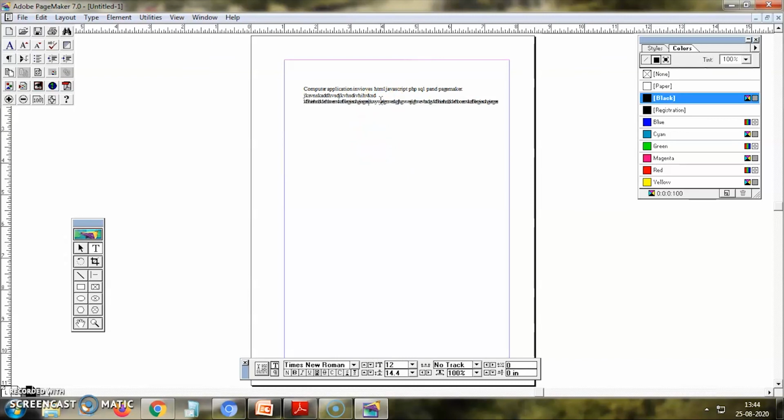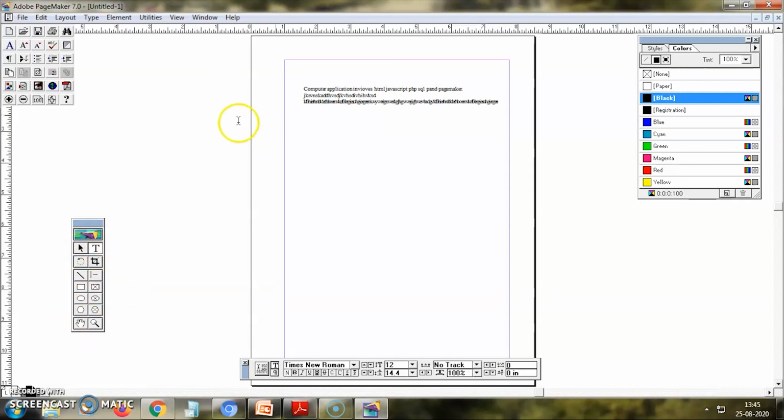So today we have seen how to open PageMaker and create a new file, creating the PageMaker page. In that page, what all are you seeing? The title bar, menu bar, ruler, toolbar, toolbox, color palette, the page, and then the pasteboard we have seen. And what tools are available, what the names of the tools are, what the shortcut keys for each tool are, and for what purpose we use each and every tool, we have seen.